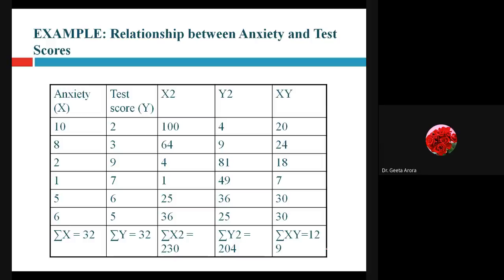So here we have noted down the anxiety, which might have been measured based upon a survey, and the test score, how much a person is getting. We want to know, is there any relationship between the anxiety and the test score? Because it is normally said that when you are going for the examination, calm down yourself, be cool, don't get nervous. All these things are advised by our parents and the teachers too. So we have to be calm and relax.